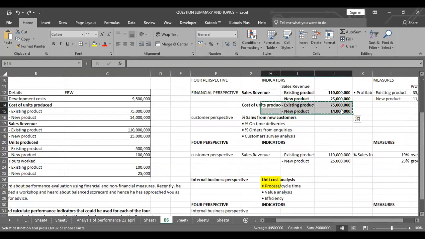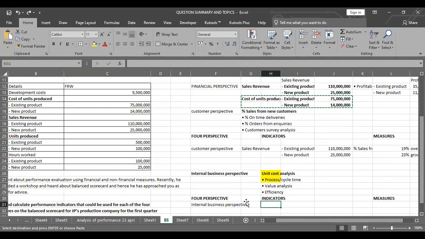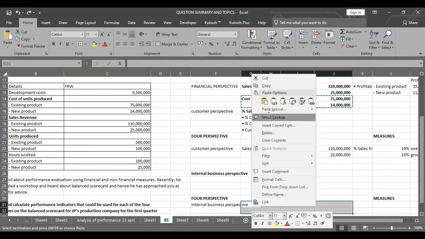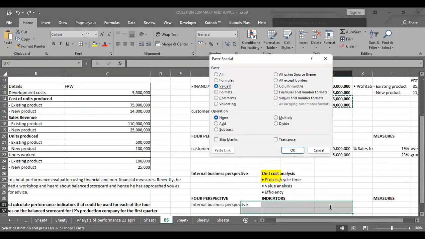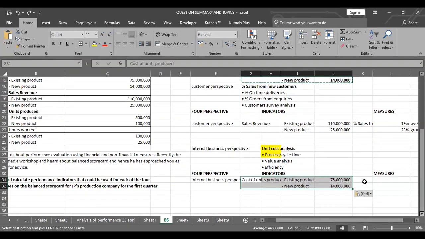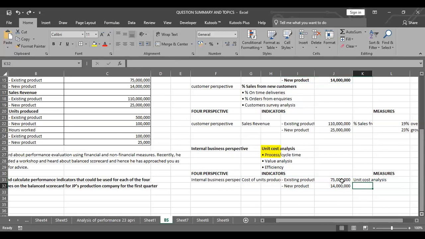This, I'll pick this. This is the unit cost. I'll pick that from that angle. It is the one that I'm going to use, which I highlighted in yellow. I've highlighted in yellow the things that I intend to do, and one of them is unit cost analysis. To do unit cost analysis, I may need to apply the cost per unit. So what I'm measuring here is the unit cost analysis.